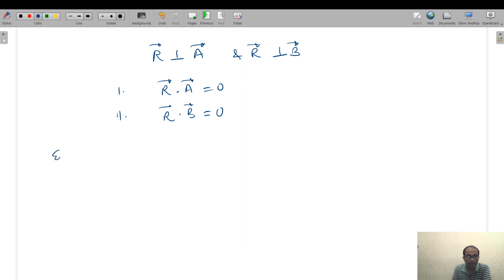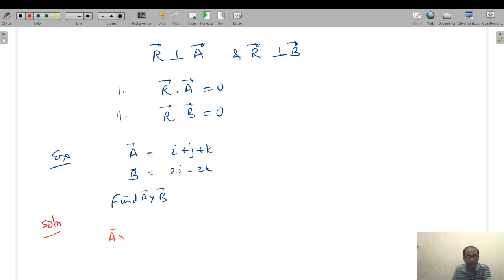So you can solve one example. See, if A is say I plus j plus k and vector B is say 2i minus 3k, and if you have to find A cross B. Okay, so see how we solve it.